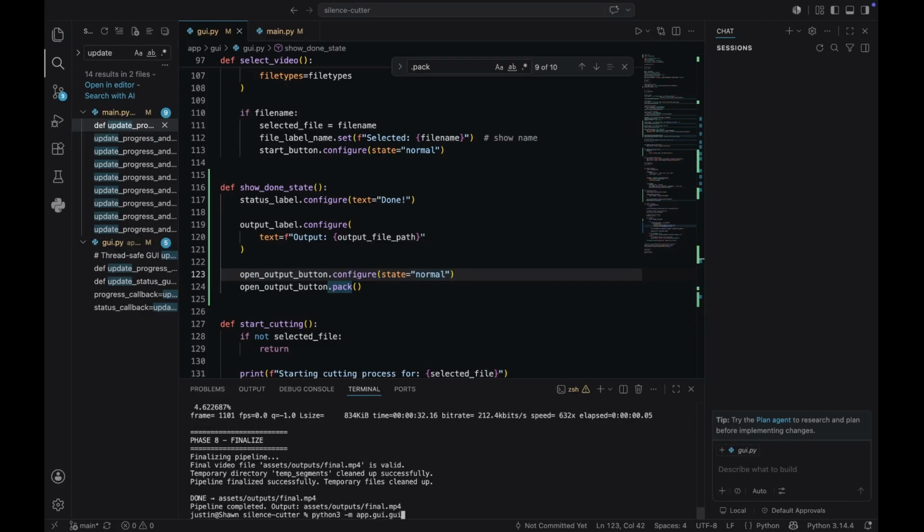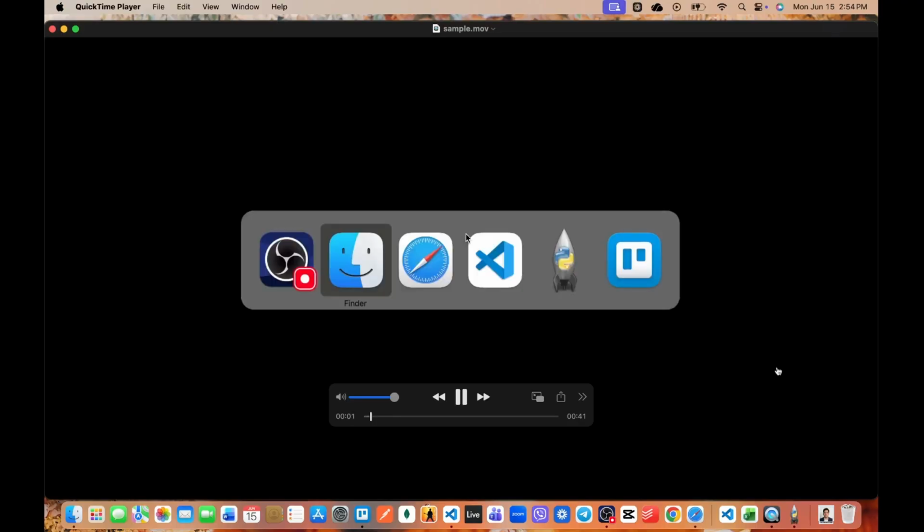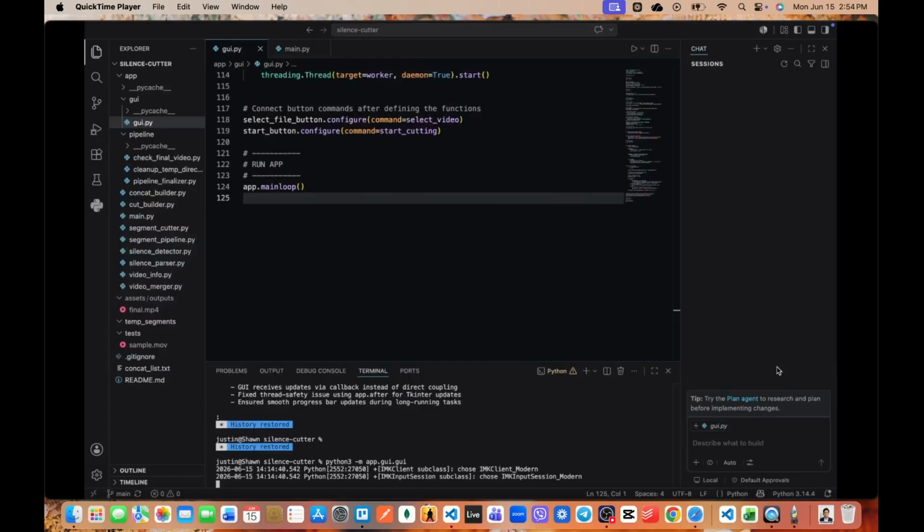Let's try rerunning. Select a video file. Start cutting. Done. Then this out folder. It's good again. 41 seconds. But in output,